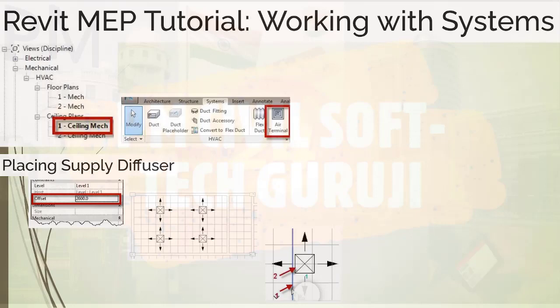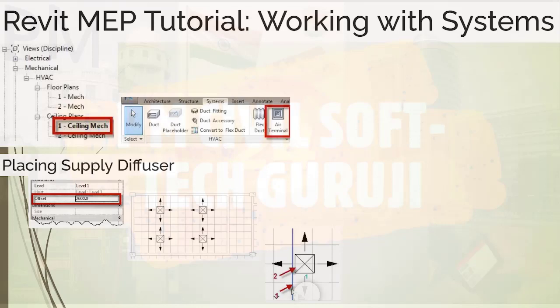In the Revit ribbon, go to the Systems tab, click Air Terminal in the HVAC panel. There are different panels, like in the Architecture or Structure tab. Click Air Terminal in the HVAC panel as shown in the figure. See these figures for placing a supply diffuser. In the type selector in the Properties browser, change the family type to M supply diffuser 600 by 600 face 300 by 300 and change the offset to 2600 mm.